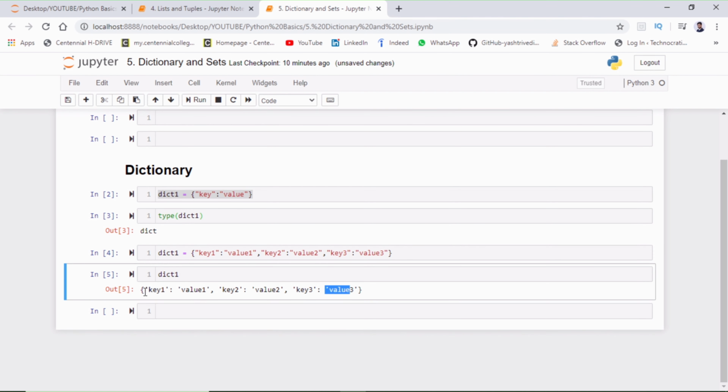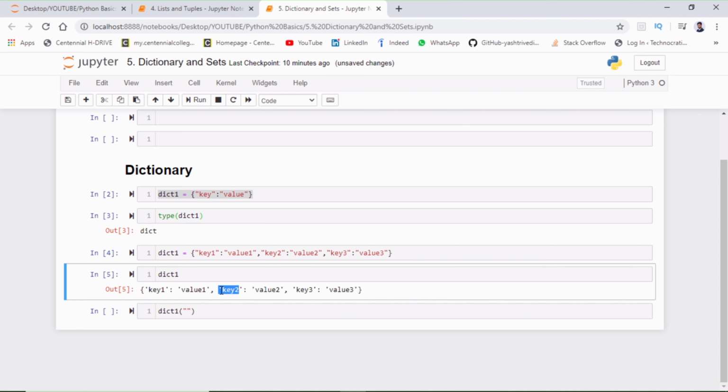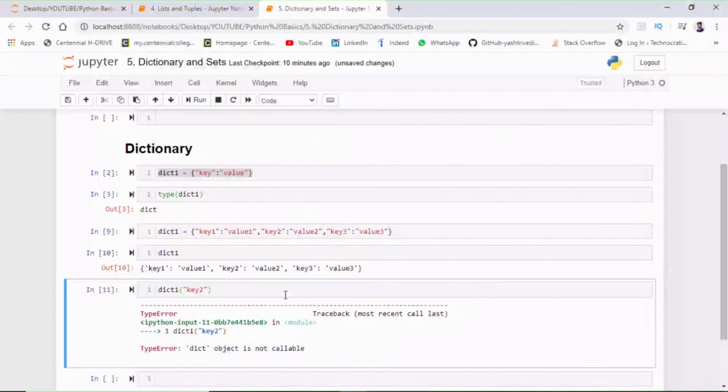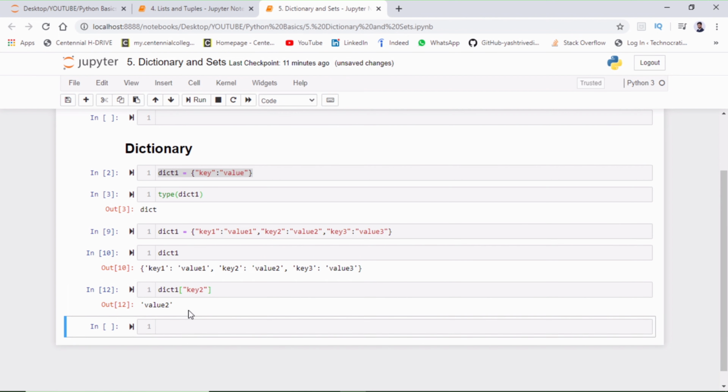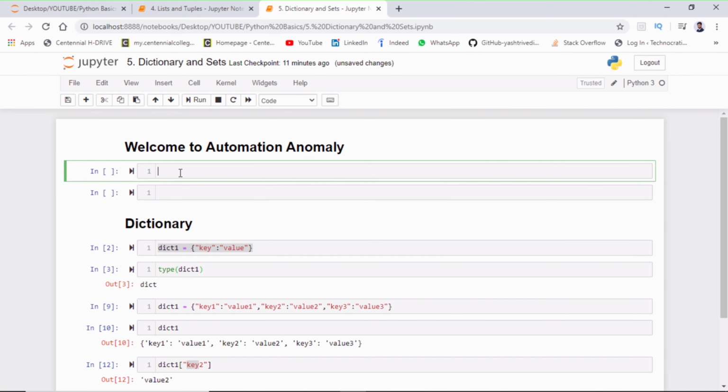If I want to get access to any of these, I have to just pass the key name. So for example, if I want to access key 2, it will give us an error because I have used parentheses, but instead we have to use square brackets like last time, and it will return the value of a particular key element. So this is my key element and it will return the value. If you recall the list, for example, this is my list 1 2 3 4 5, and if I want to get any of the elements, inside my list I have to pass just the index position of that one.